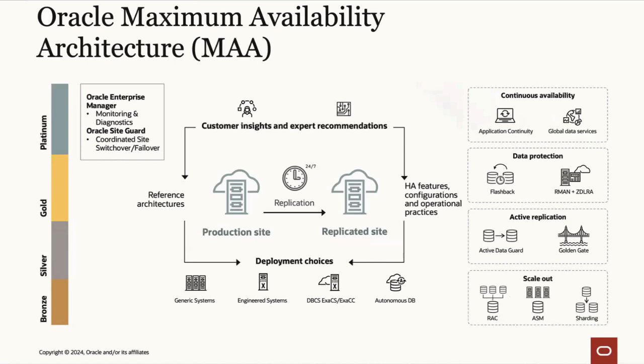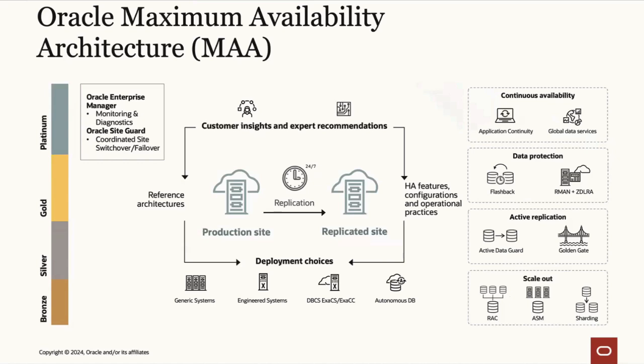So MAA will consist of reference architectures of various buckets of HA service level agreements, configuration practices, and HA lifecycle operational best practices that are going to be applicable for things like non-engineered systems, engineered systems, non-cloud, and cloud deployments. So the availability of data and applications is an important element, right, of every IT strategy. And at Oracle, we have decades of enterprise experience to develop this all-encompassing framework that we call Oracle